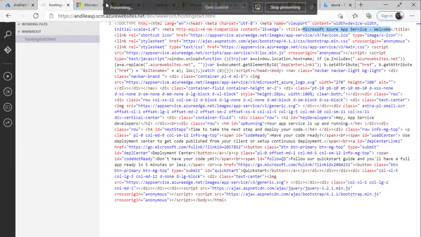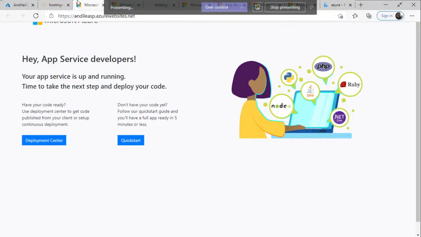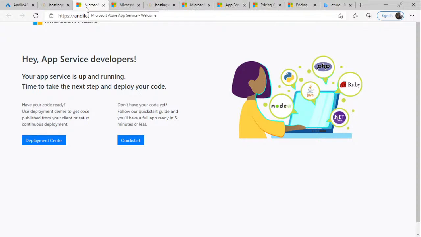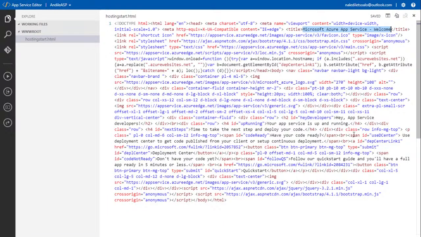So let's see if I can actually show you. All right, so in the title of the page over here, it's saying Microsoft Azure App Service Welcome. If anybody's going to my website, that's literally what they're going to see. I don't want them to see that, so maybe let's change it to